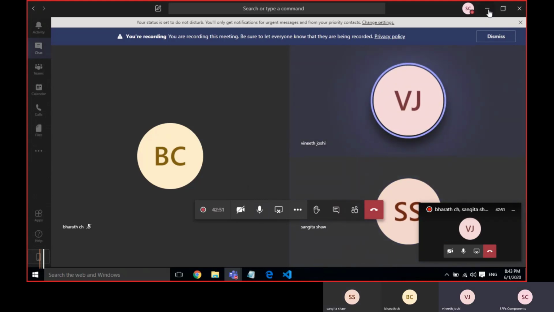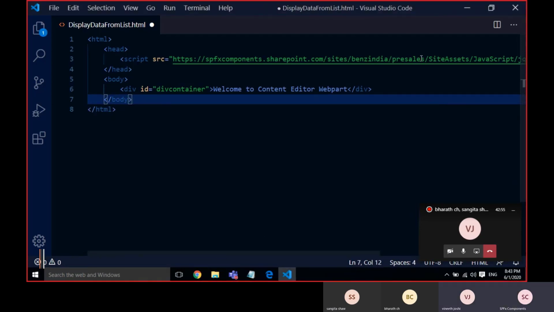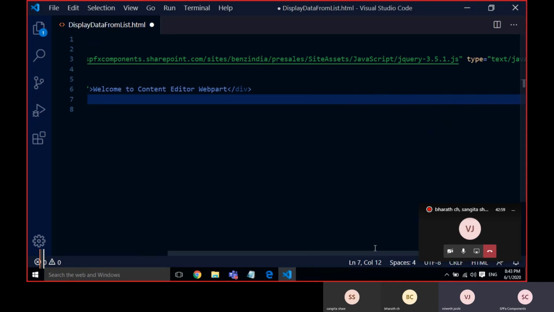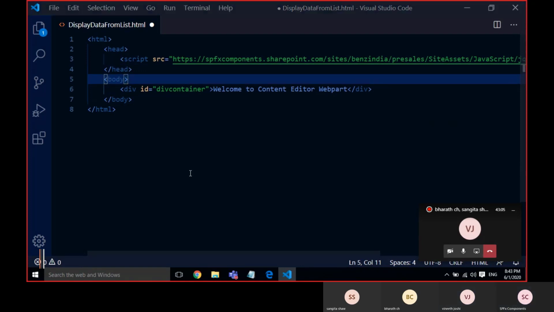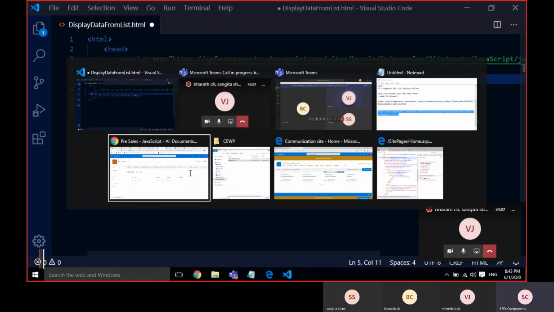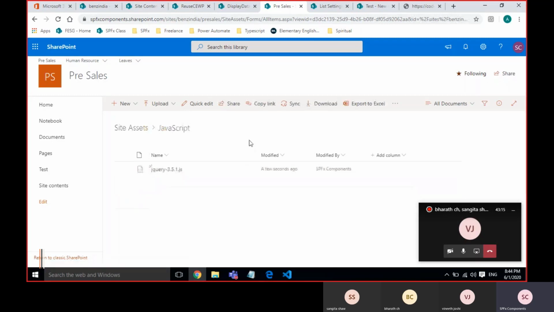Yes. Okay. So I just gave the jQuery reference. Initially I uploaded the common JS file, because whatever the common third-party JS related files, we will keep in the JavaScript folder.